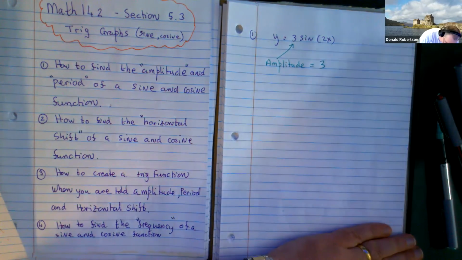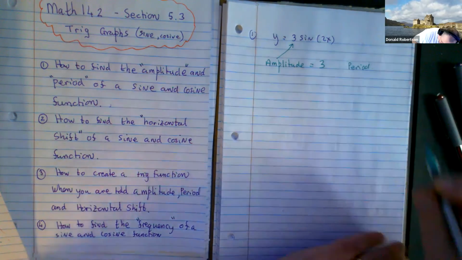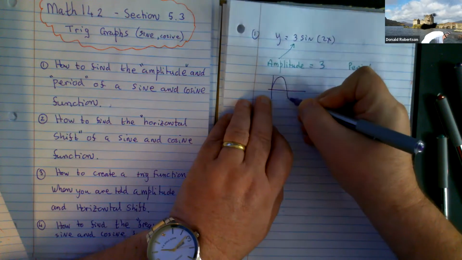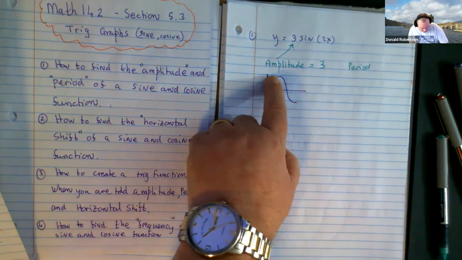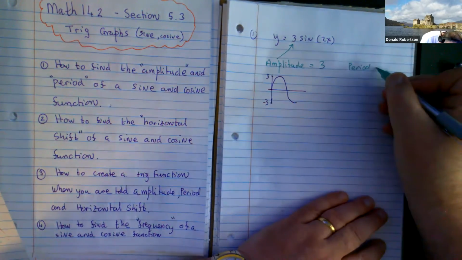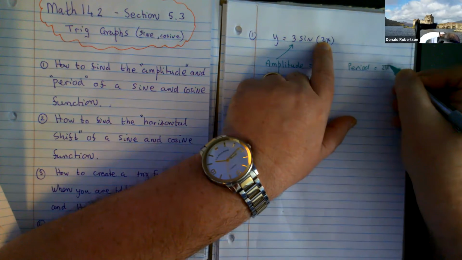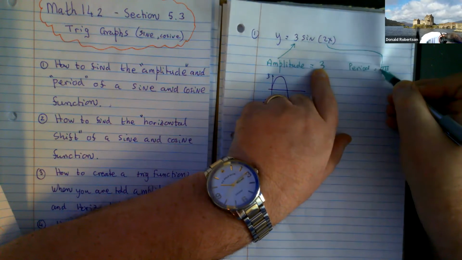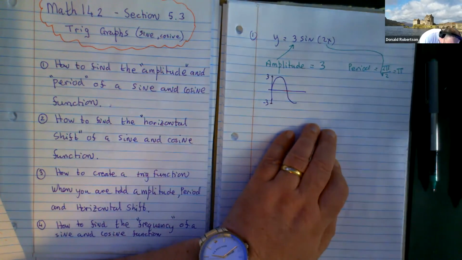Now, the second fella is called the period. So I think I'll draw a little picture on these because it's a very visual kind of thing. You see what the amplitude tells you? 3 to -3, it tells you how high it goes, how low it goes. Now the period is calculated when you're talking about radians by doing 2 pi divided by that number. So whatever that number there is goes here. In this case, it's pi. So what the period tells you